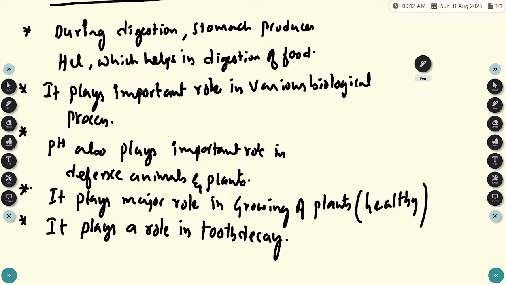So the negative H plus ion concentration is known as pH, right? And then various importances are there: biological importance, industrial importance, and the digestion. So all are categorized into only two processes. So the pH plays